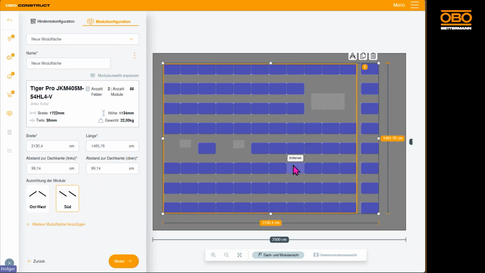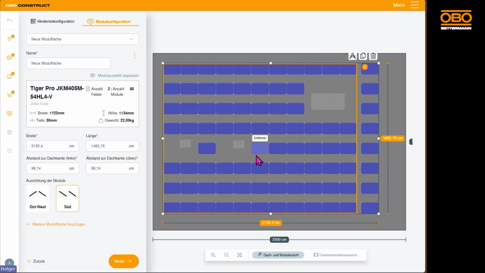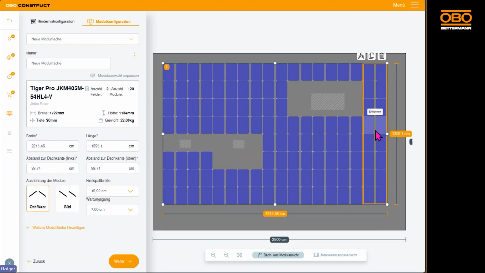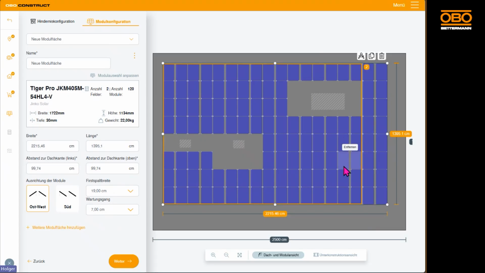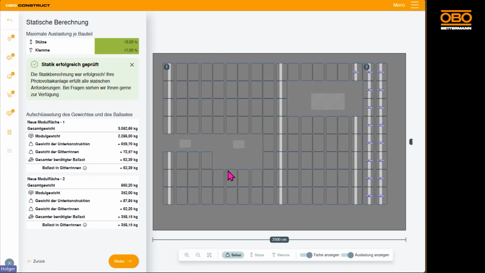And this, from a static perspective, will also need to be carefully considered individually in the later stages of the process. We'll soon observe how the small field compares to the large one. And I'll repeat it in east-west orientation. The small field tends to be less efficient in terms of ballast distribution because the interconnected components in a large field system are better positioned for distributing the loads. And that's exactly what we'll now proceed to in the next step, where we'll observe how the static analysis is being calculated